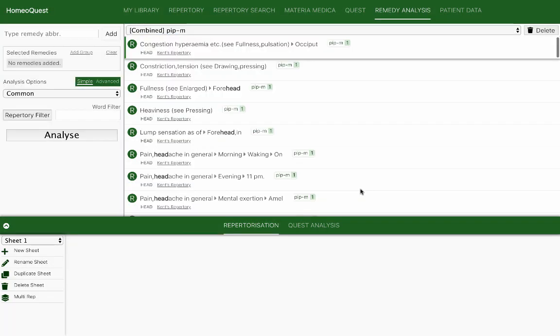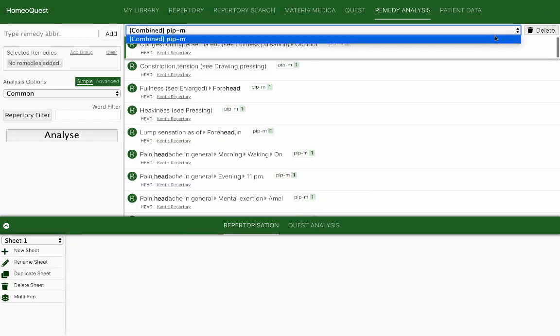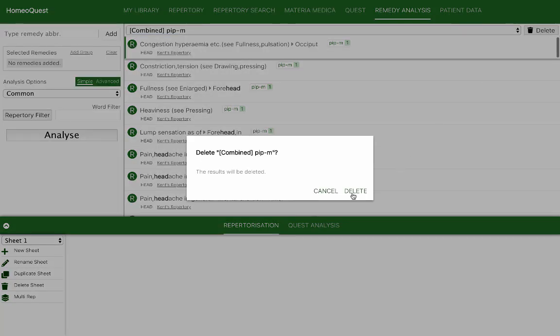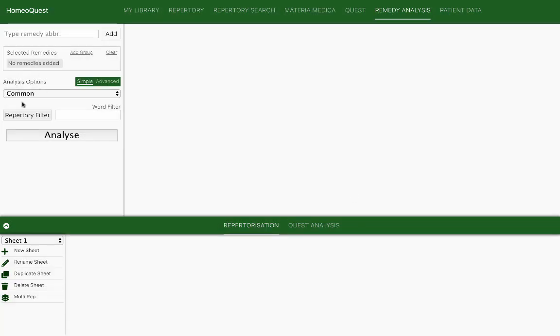Delete and delete the search. All right, and now we're looking at the common. Now this is the option I use when I'm studying closely related remedies which come up in my final prescriptions, okay, final repertorial analysis. So say for example, the other day I was working with Magenta mentoring people, and we